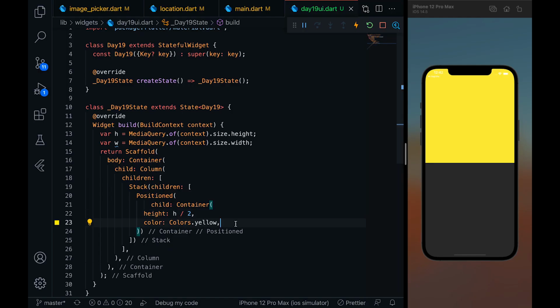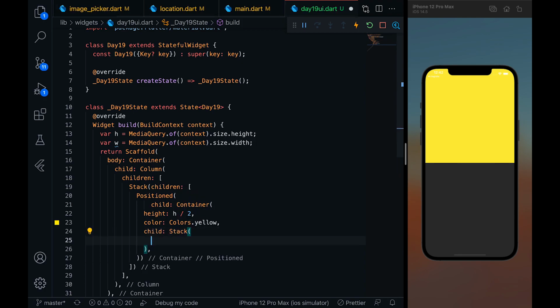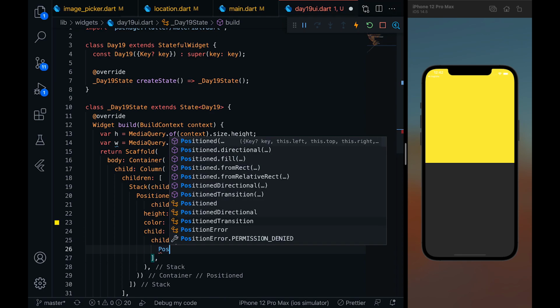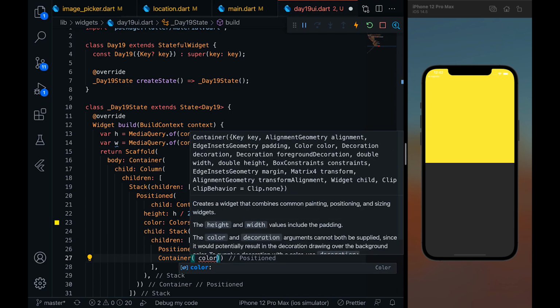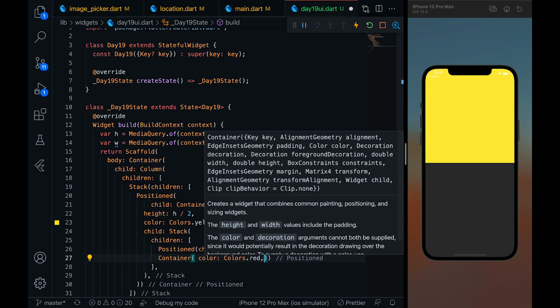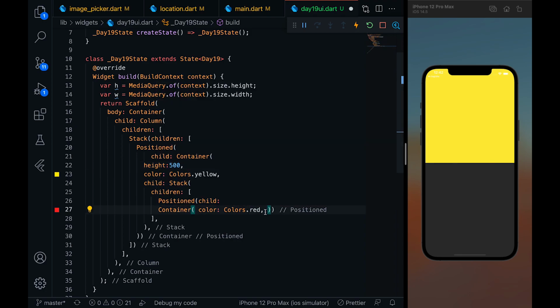So let's give a child to this container, and I'm going to again put a stack, children, then again a Positioned, and again I'll put a child as container, and let's put the color as Colors.red. And instead of writing h by 2, let me just give it 500 only, so that it will be easy for us to calculate the height that we want to leave. So let me just give the height of this thing as 450, right?